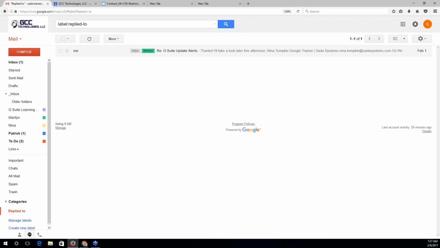Okay, one of the questions has to do with, is there a way to make Gmail the default program when sending an email? For example, in Word, when you click on Save and Send and click the Send as an attachment, it defaults to Outlook. How can you change that?